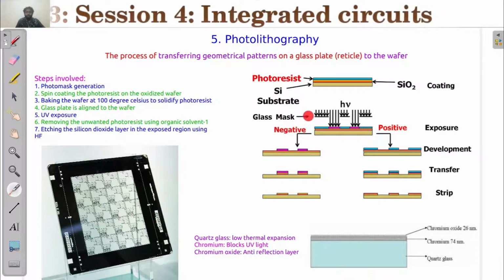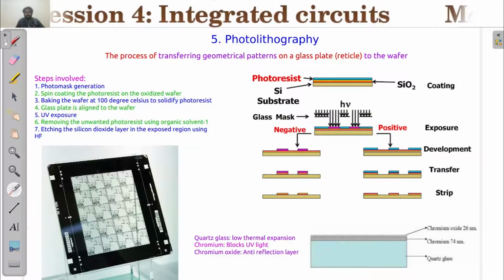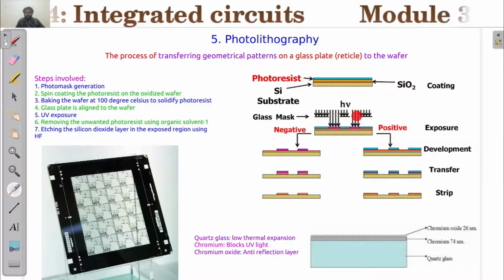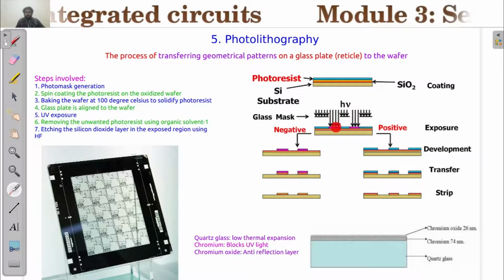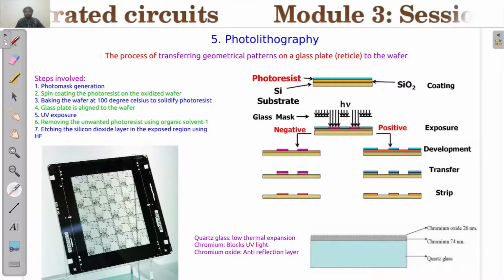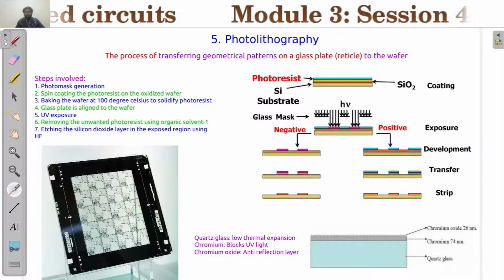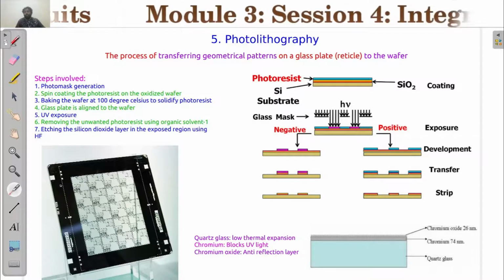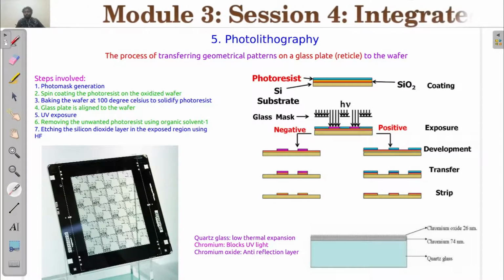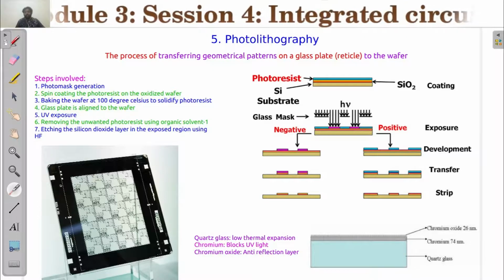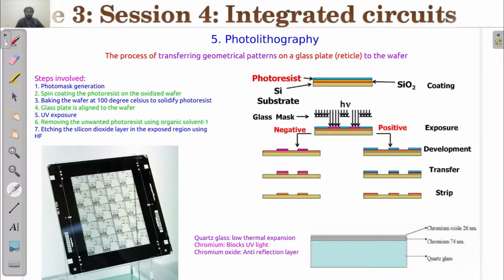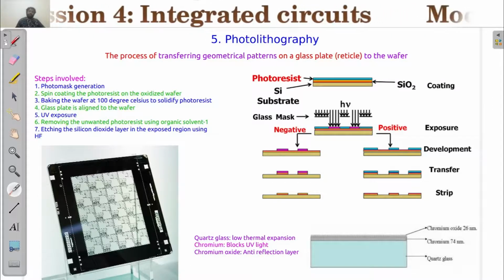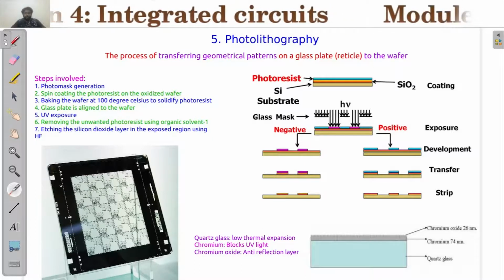Okay. So here there is a glass mask given in this diagram. That glass mask has the chromium removed over this and this region. That is why ultraviolet is passing through the glass mask and reaching the photoresist. So this is how you will be making it, and everything is done using a computer control system, either using a laser removal tool or using a chemical called chrome etch. You can pattern some pattern onto the chromium coated quartz glass and expose the region, and chrome etch can be used to remove that. So that is also possible. So this is how you generate a photo mask.